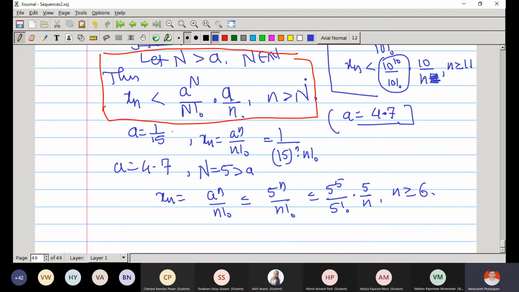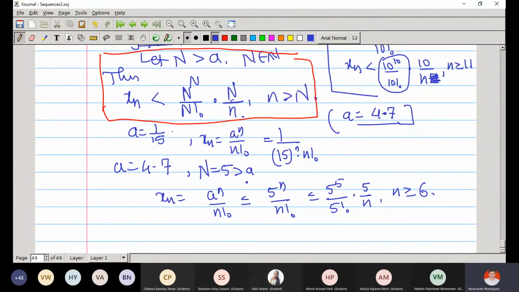No, here some modification is needed. What modification? What modification is needed? Yes, n upon n. Right,